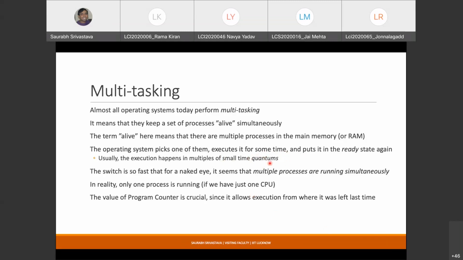As soon as the time quantum of a particular process expires, the operating system takes away the CPU from this process and gives it to someone else. And the process that was executing goes back into the ready state. At least at this stage, you can consider this to be some kind of round robin scheduling. So let us say there are 5 processes, so they keep on sharing the CPU between themselves in some kind of a